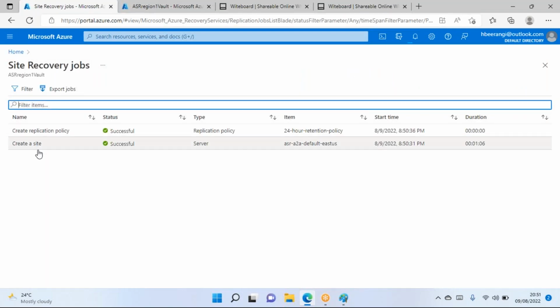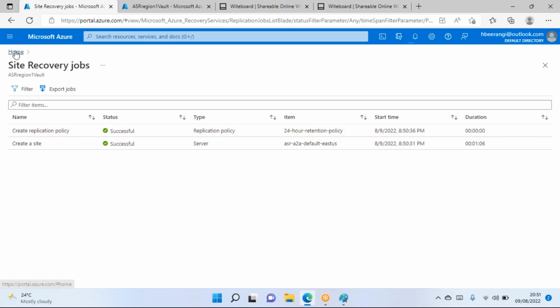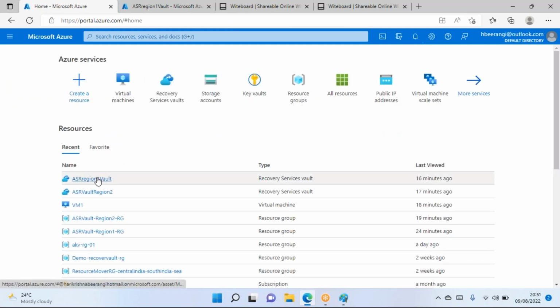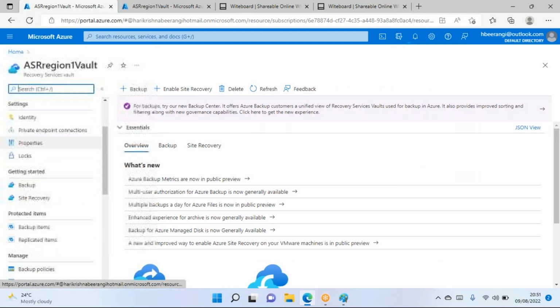Okay, you can observe that site recovery jobs. So where you can see is